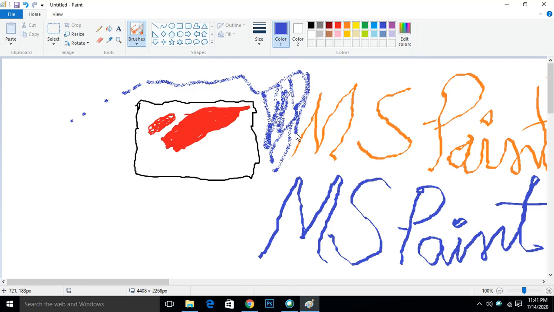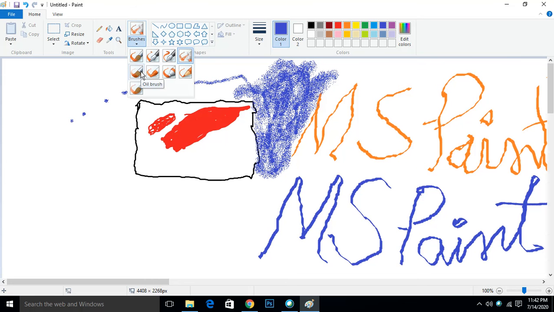If you want to increase the size, you can see this type of airbrush effect will come. If you want this type of effect in your drawing, you can choose this brush. Now I am coming to the next one.